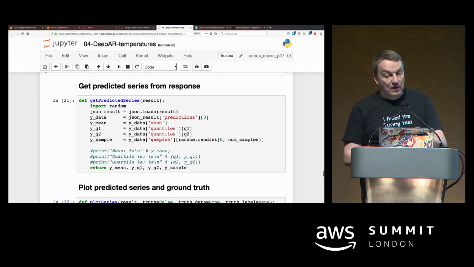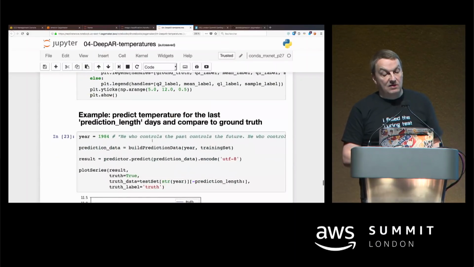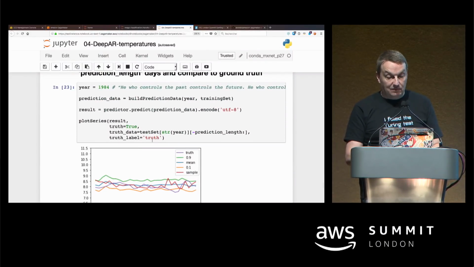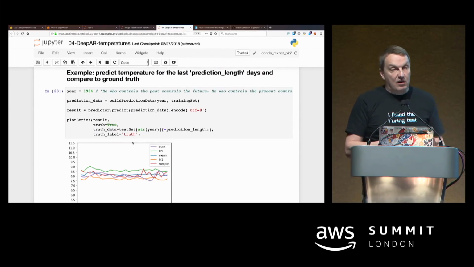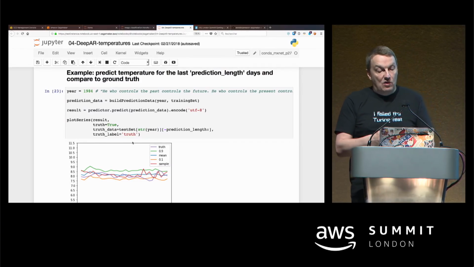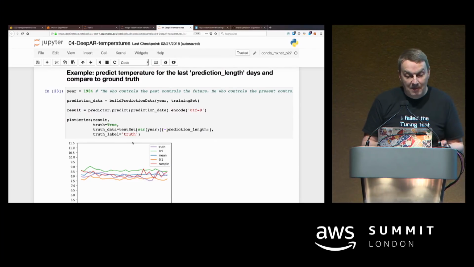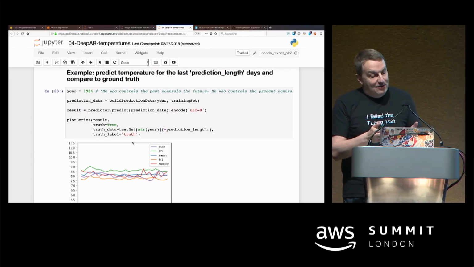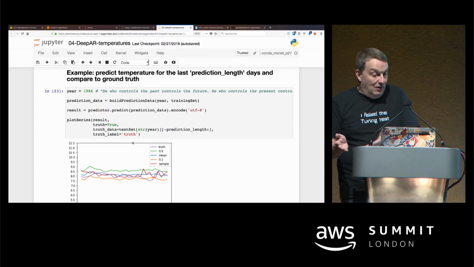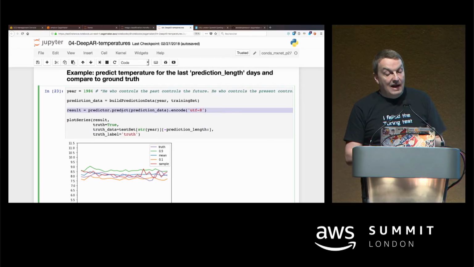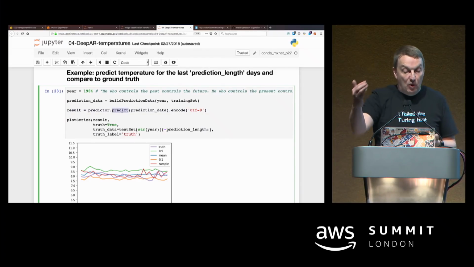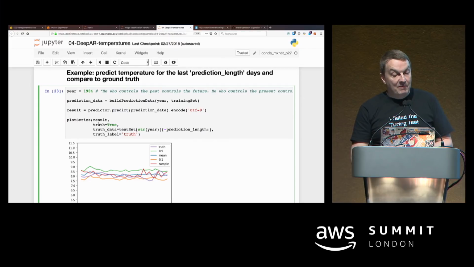Then I need to extract some information, and I want to plot it, and this is what it would look like. Let's say I want to check if my prediction is actually good. So I'm going to compare the prediction for the last 30 days of 1984, and hopefully that rings a bell, to the actual values. I just use those functions that I showed you. I built a prediction request. I used the SageMaker SDK to HTTP post that request to my model,